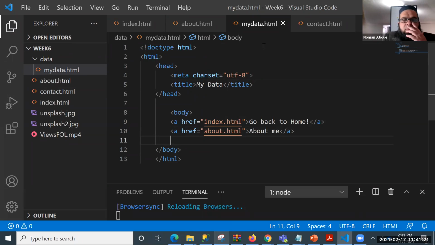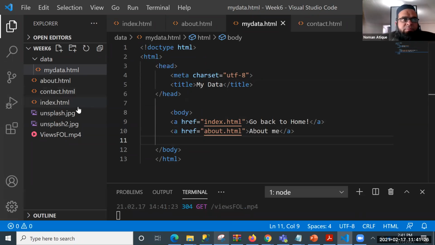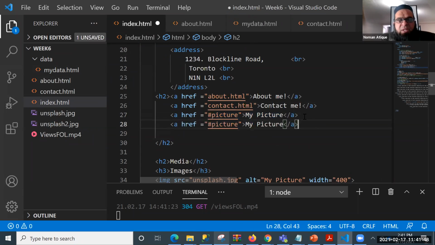Now save this one. I've just created another file, but this time I've created it in a new folder. Keep in mind, I've put it in a new folder. And I want to connect to it from this part. Again, I want to connect this to my data. So let's see what will happen. I copy one from here and paste it again. And I want to reach my data, which is inside the folder.